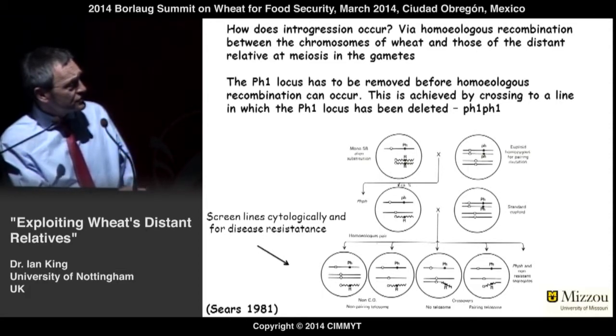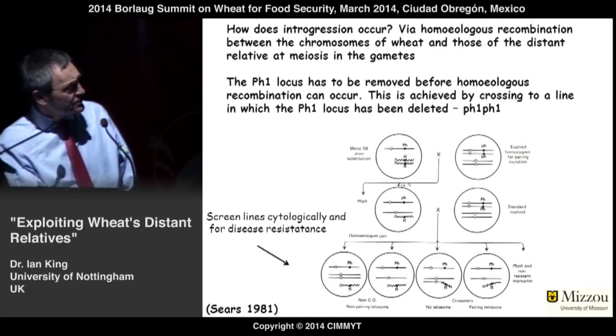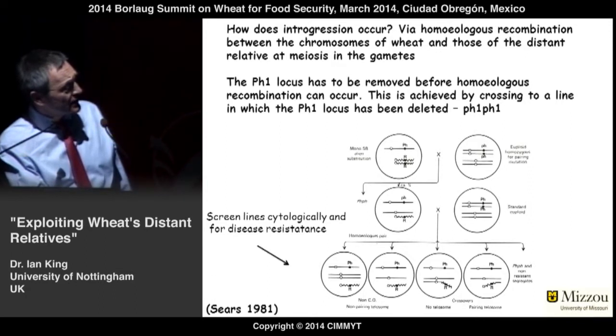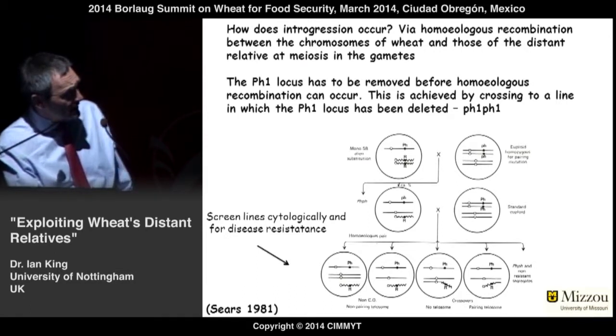And what he's done is crossed it to a line here, so that's big pH with little pH, which has lost this locus. And then Ernie selected a line which has little pH, so it's lost its pairing control gene, but still carries the chromosome from the distant relatives. Now, you then cross this with wheat, and because the pH locus is missing here, you can get recombination between the wheat chromosome and that of a distant relative. And if you look down here, Ernie managed to pull out a line where the introgression had been transferred onto